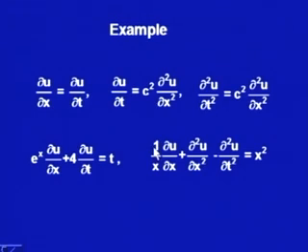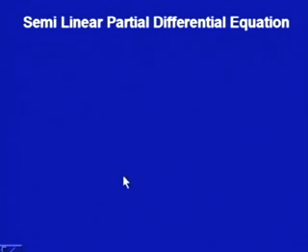Here also we see that the coefficient of the derivative del u over del x is 1 by x, the coefficient of del 2u over del x2 is 1, and of del 2u over del t2 the coefficient is minus 1. The coefficients do not involve the function u or the other derivatives of the unknown function. So, this is also linear. So, all these are examples of linear equations.